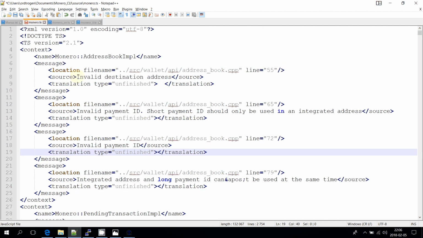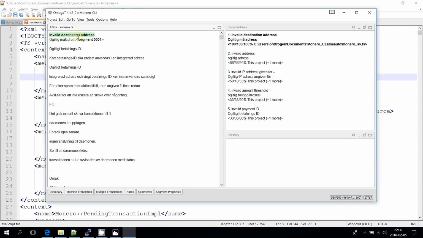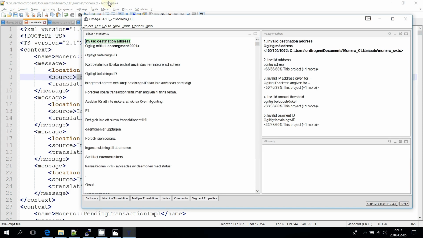Can you see this sentence here, "invalid destination address"? It appears here. That's the same thing because we have the same file open, once in Notepad++ and once in OmegaT. So here I have space to type my translation. As you can see, I have already done most of that already, so I won't